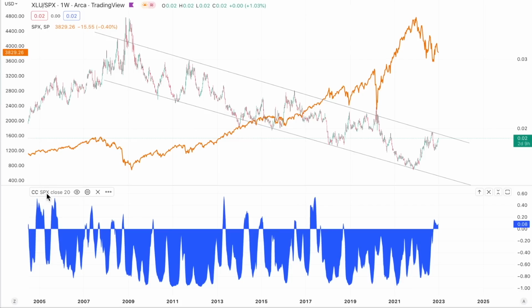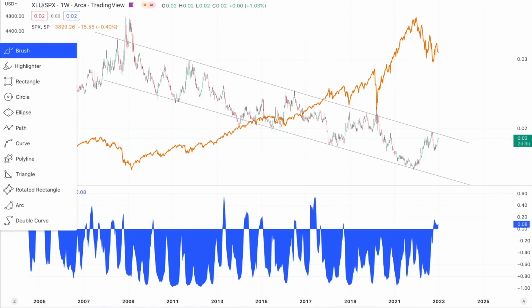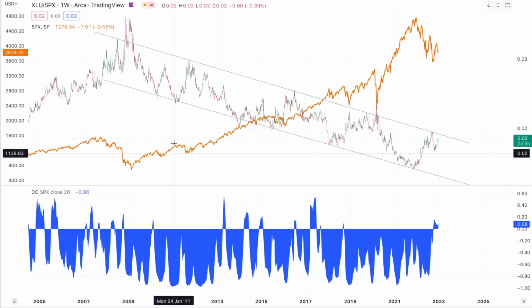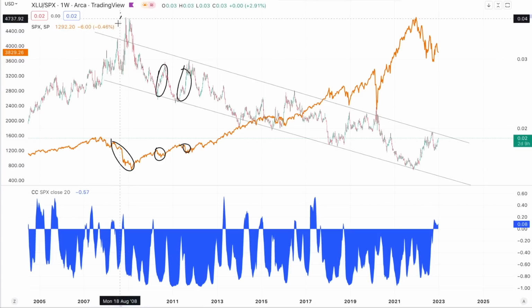Stocks like consumer discretionary and transportation stocks, technology stocks, well, those ratios actually tend to have a positive correlation, meaning when the S&P 500 goes down, those stocks go down even more. And when the S&P 500 goes up, those stocks go up even more. Now, utilities, you can see when you have an S&P 500 correction, well, utilities tend to be very resilient. Again, here in 2011, very resilient. Of course, in 2008, very resilient during the global financial crisis.